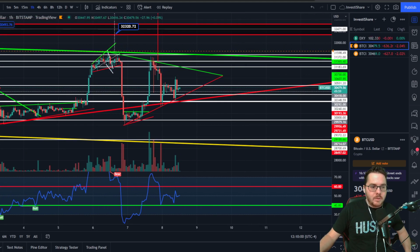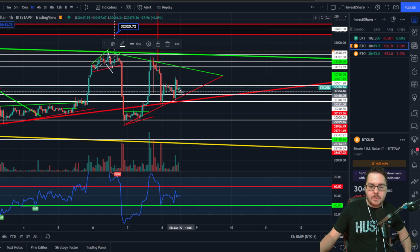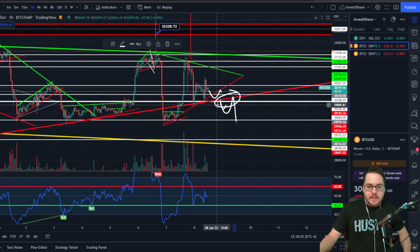If we get a break to the downside, because of all the limit buy orders down below that you can see in the order books, I would want to wait not for a breakout here to enter. I would want to wait until I see a confirmed breakout roughly around this level here, get the strong resistance like a double top formation or something like that, and enter off of that. Just because I would want to see something that would provide more momentum because of all the buy pressure